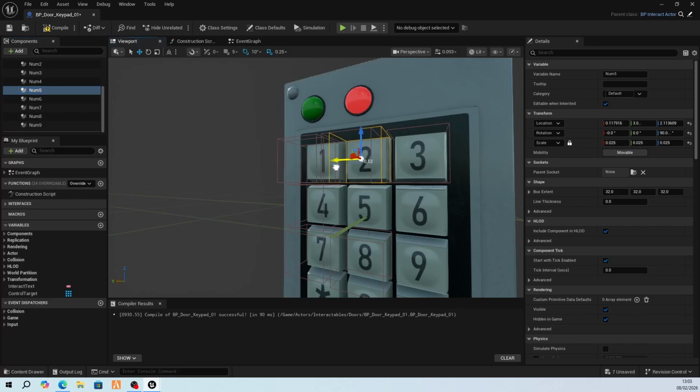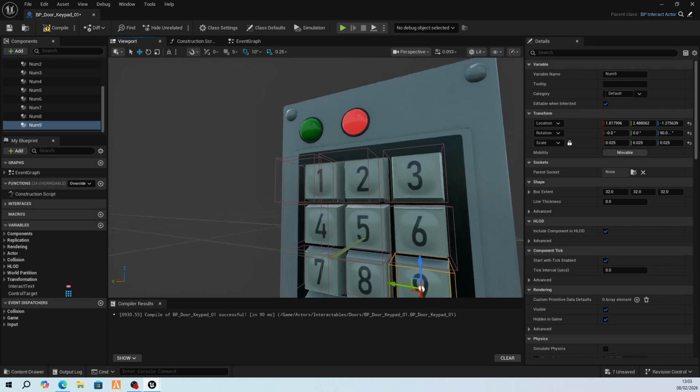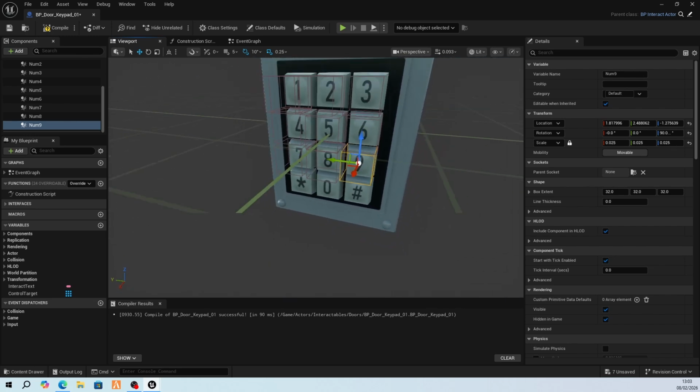Number 5 is across and down, and number 6 is across and down. Number 9, bring you across and down. You don't have to be massively accurate as long as you can access the